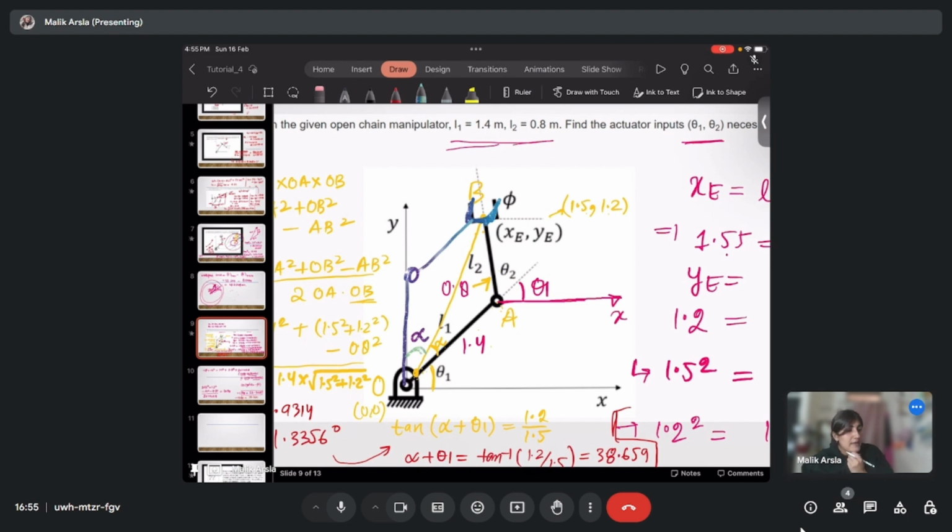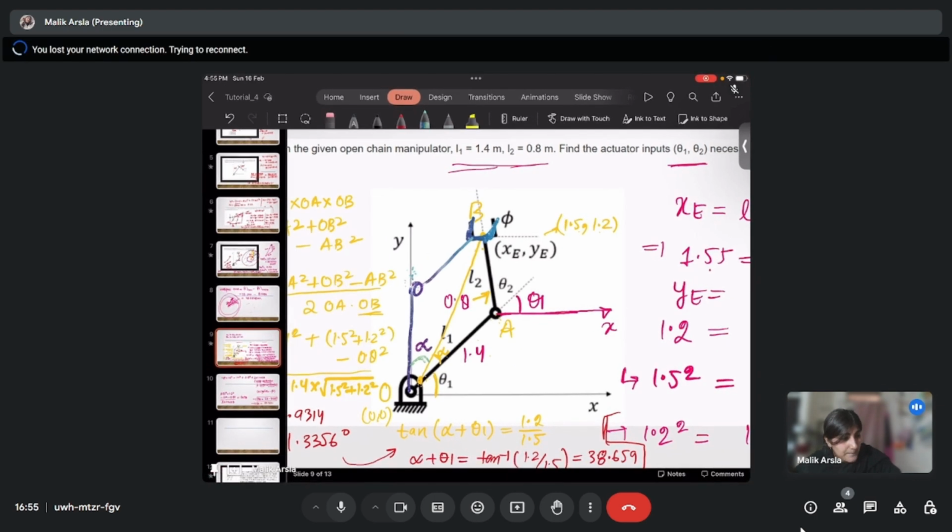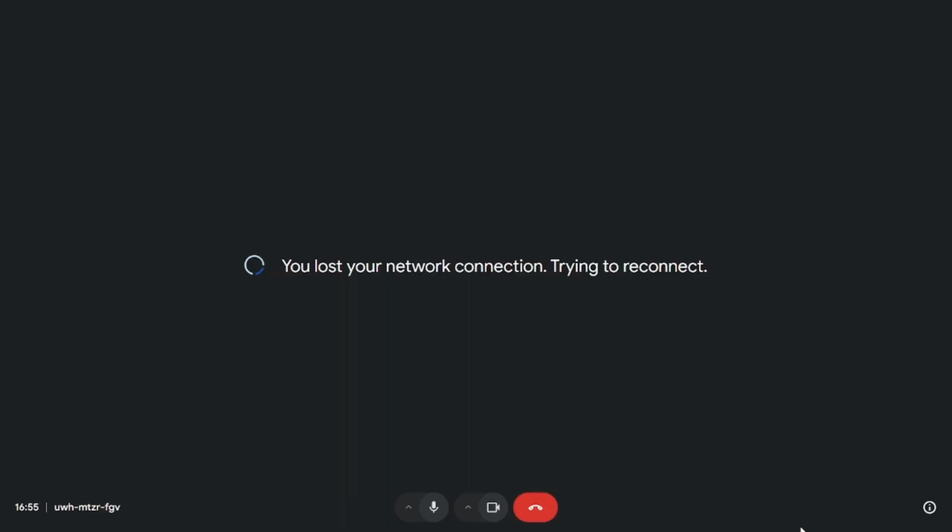So this is the first configuration which was given in the question, for which we solved and got these values. Now for the second configuration,